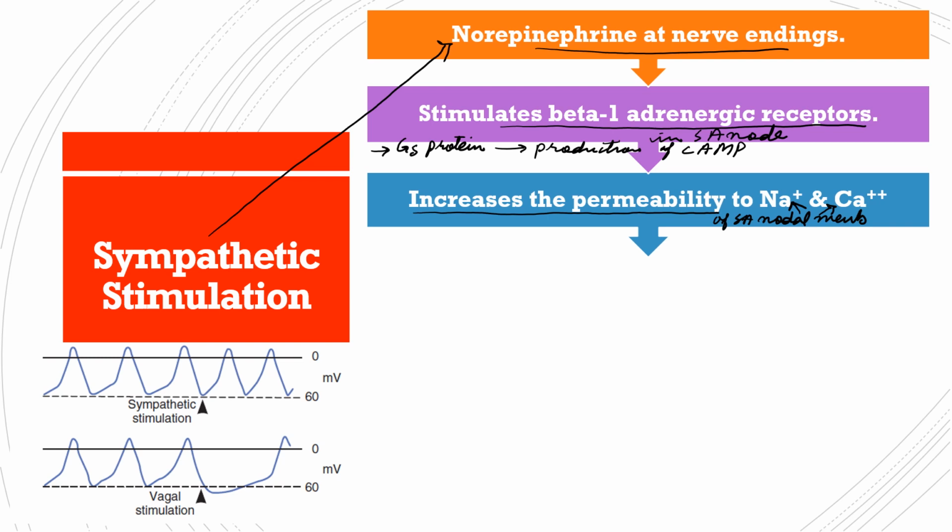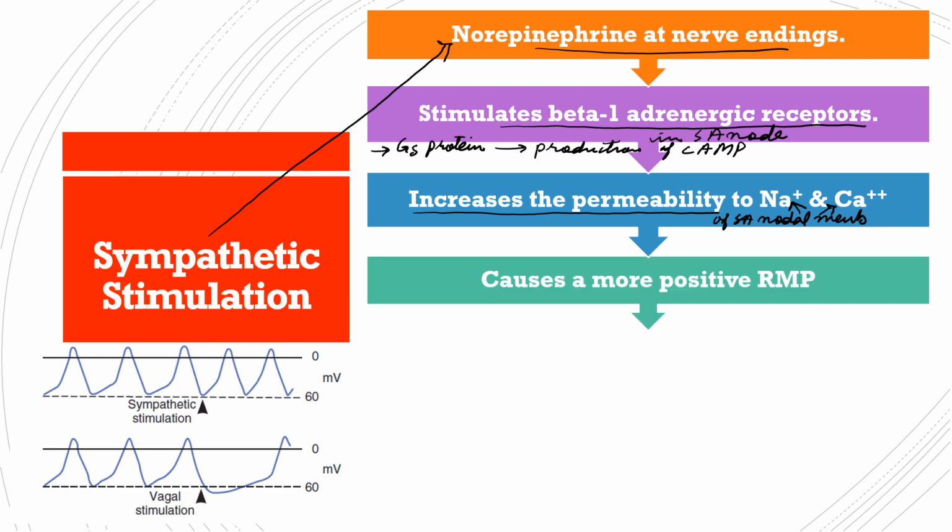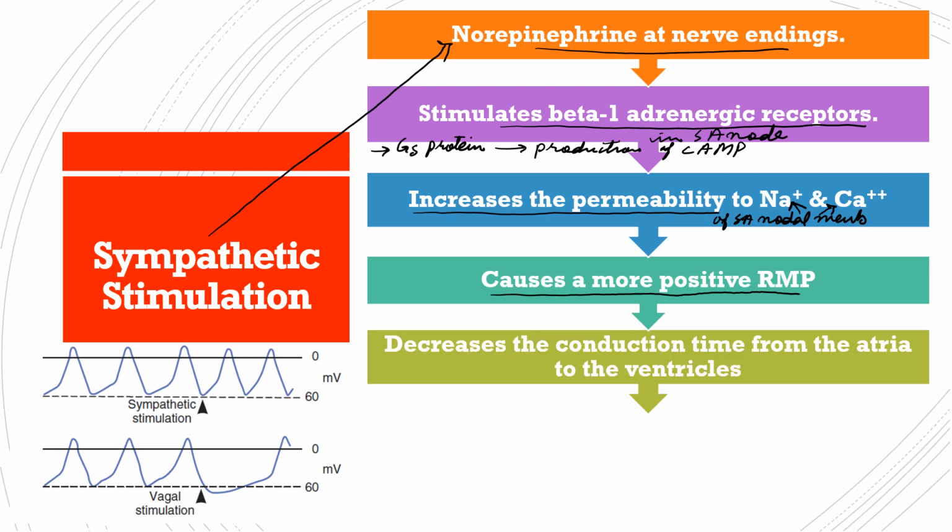When this permeability increases, it causes a more positive change in the resting membrane potential, and it decreases the conduction time from the atria to the ventricles,